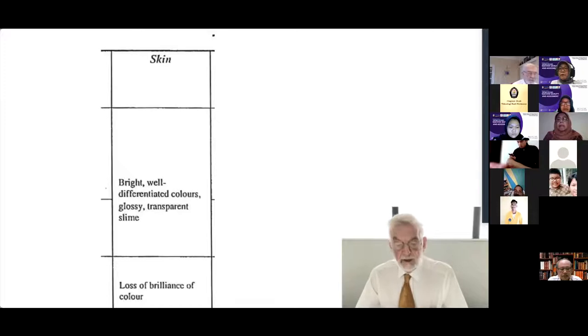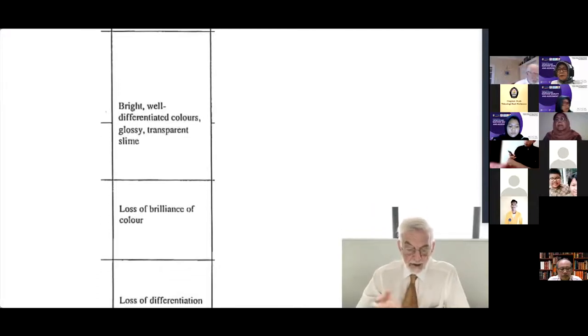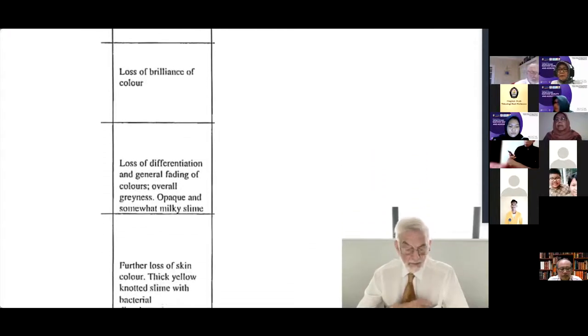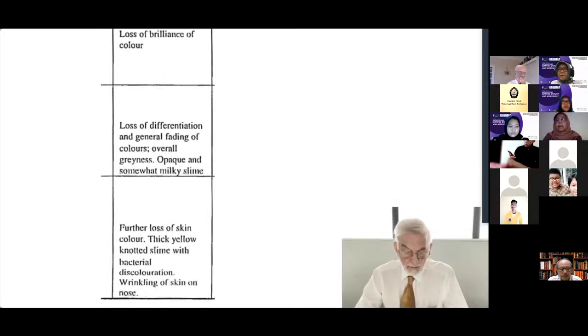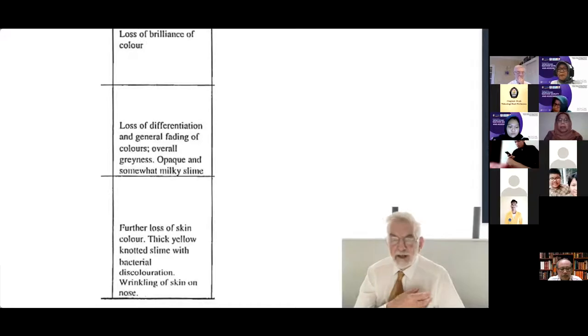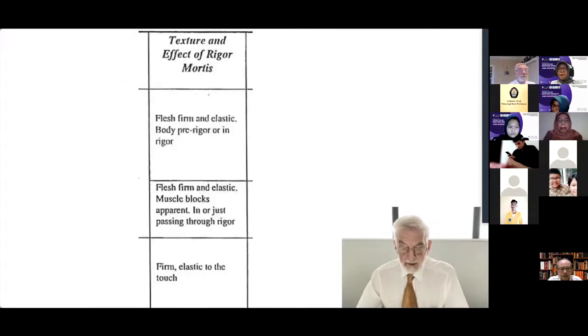The skin again changes from being bright, well differentiated colours, nice and clear, getting worse and worse until at the end, by the time it's unacceptable, there's slime on it, discoloration, wrinkling of the skin, and so very unpleasant. Texture,